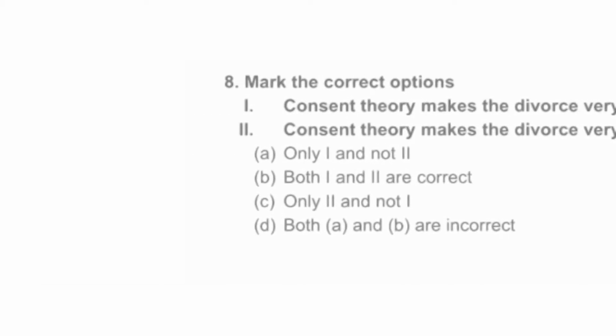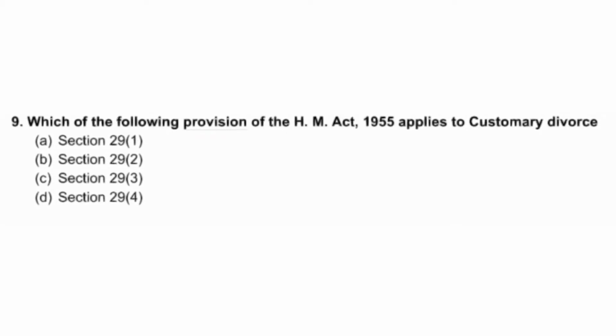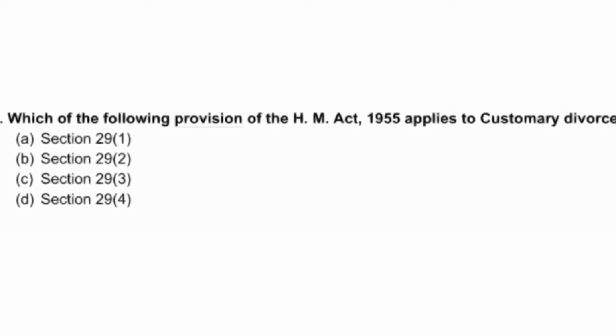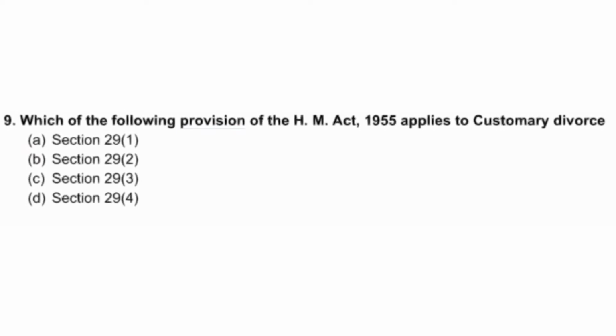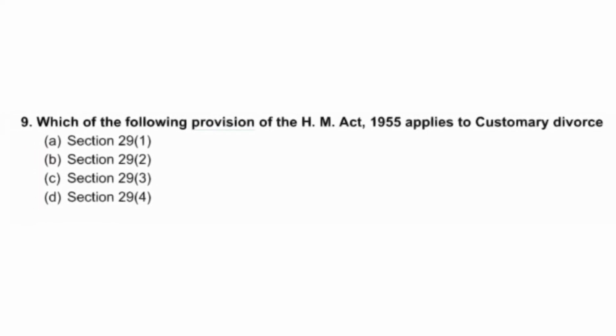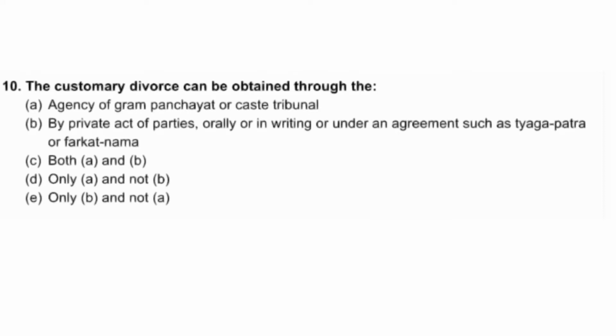आपका नाइन्थ क्वेश्चन है, which of the following provision of HMA applies to customary divorce? ऑप्शन है A. 29(1), B. Section 29(2), C. Section 29(3) या फिर D. Section 29 subsection 4।